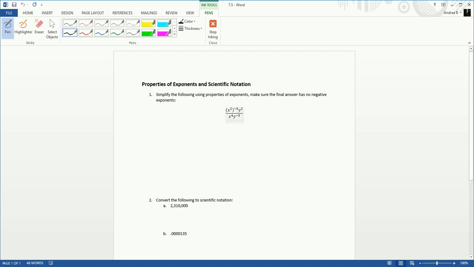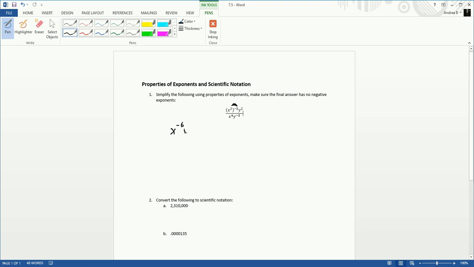So once again, there are multiple ways that you could approach this. One way to start is to go through and use the parentheses part here. If we have this 2 times this negative 3 here, that is a power to another power. If you have a power to another power, you have to multiply those exponents together. So here we would have x to the negative 6th power,